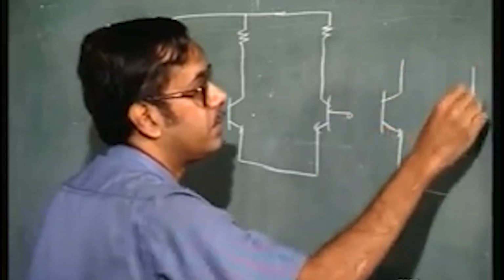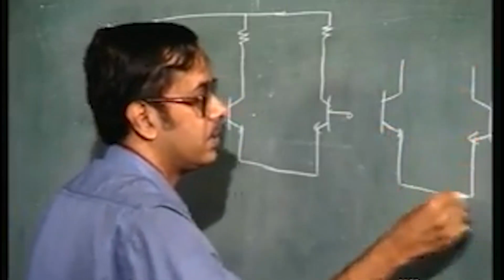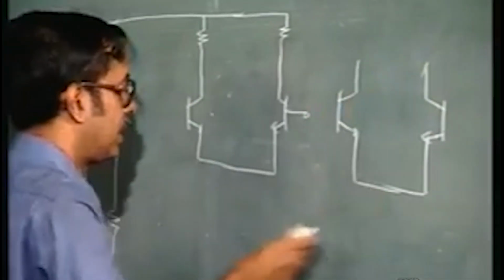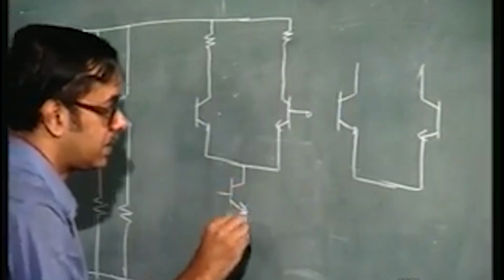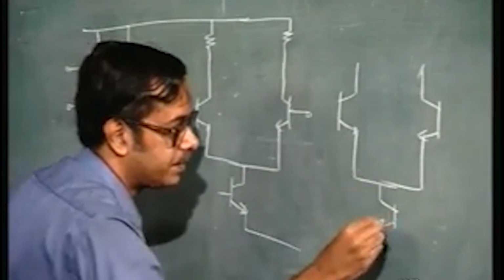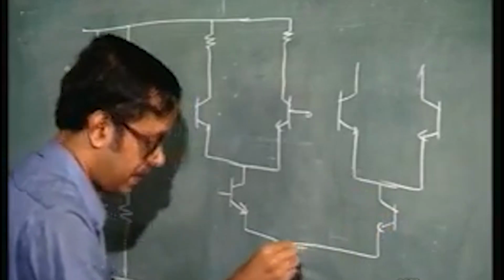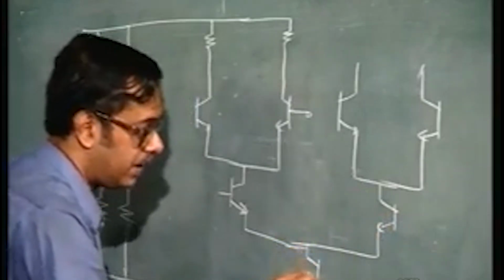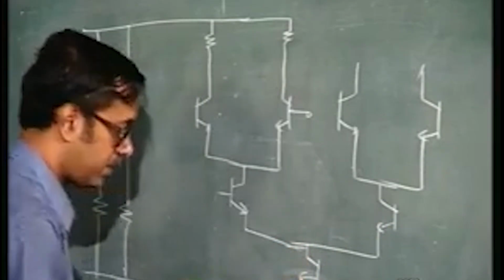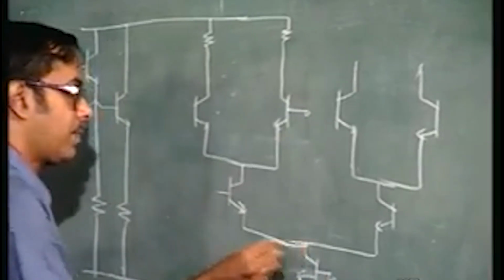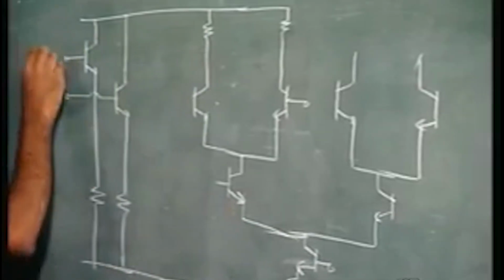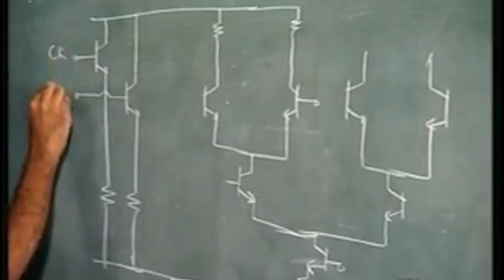You have two sets of emitter coupled transistors, and here in the lower stack you have another emitter coupled structure, and here you have a current source, and these are the clock inputs, clock and clock bar,